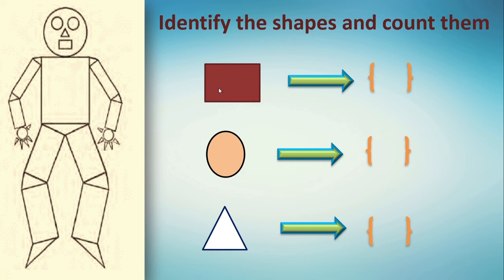Now first we will go through this rectangle or quadrilateral. This has 4 sides. About all these geometrical figures you have studied in standard first, isn't it? Now we will move to this figure. This is rectangle, right? Now here we will begin from face. Yes, here we will color it in red. See, first we will color this. Yeah, this is 1. We will go on counting.